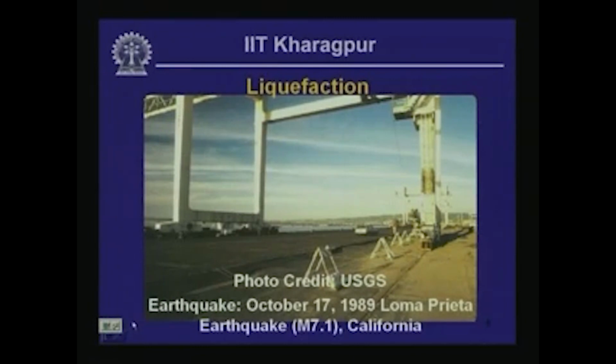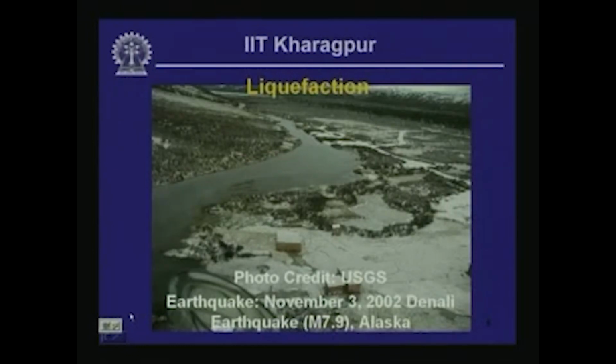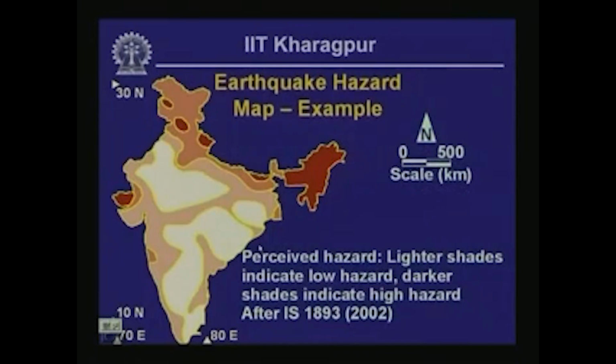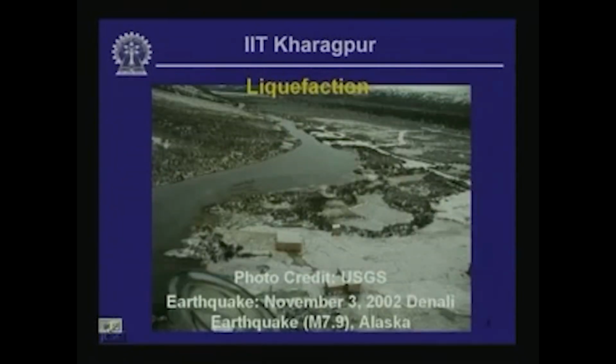So these are the consequences of liquefaction. Another photograph, and this photograph again comes from the 2002 Denali earthquake in Alaska, and this one shows the consequences of liquefaction, lateral spreading that is caused by liquefaction. The affected area is near the bottom of this photograph, and you can see some of the structures have unevenly pushed upward, such as the one near the bottom center of this particular photograph.